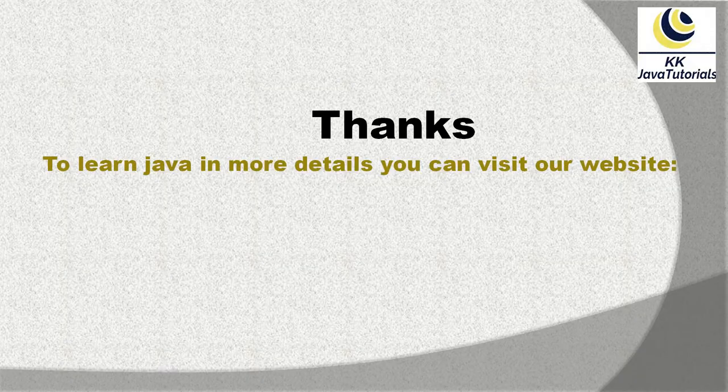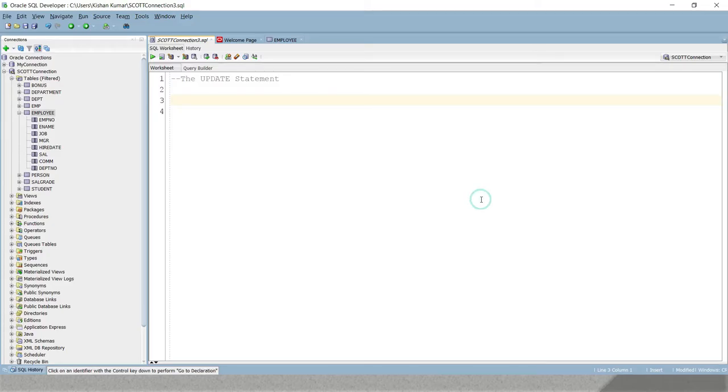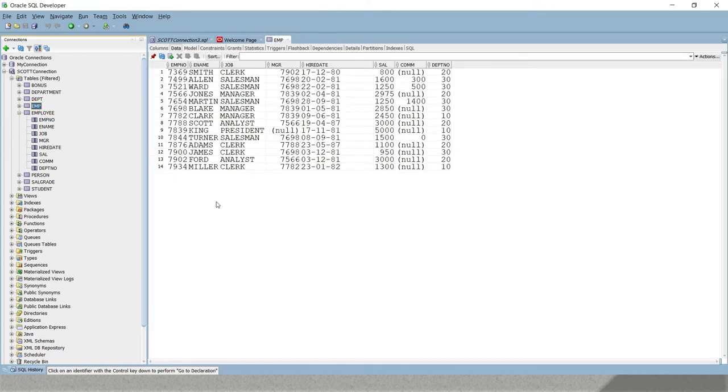So guys, these are all the concepts, but this is not enough. Let's go ahead and try to understand through an example. So here a couple of queries I'm going to use. Let's say I would like to change the job of the employee whose name is Miller to manager in the employee table. If I go to the employee table here, if you try to find the employee whose name is Miller, then from here you can see what his designation is. Current designation is clerk. I would like to upgrade his job designation to manager.